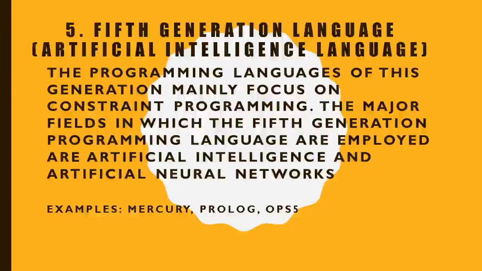If we talk about Prolog, Prolog is a short form of programming with logic. It is a high level programming language, and sometimes it is also known as a rule based language. It is very much similar to Mercury. If you talk about OPS 5, it is the short form of Official Production System, and it was developed in 1970. OPS 5 was the first programming language used in an expert system that was called R1/XCON.